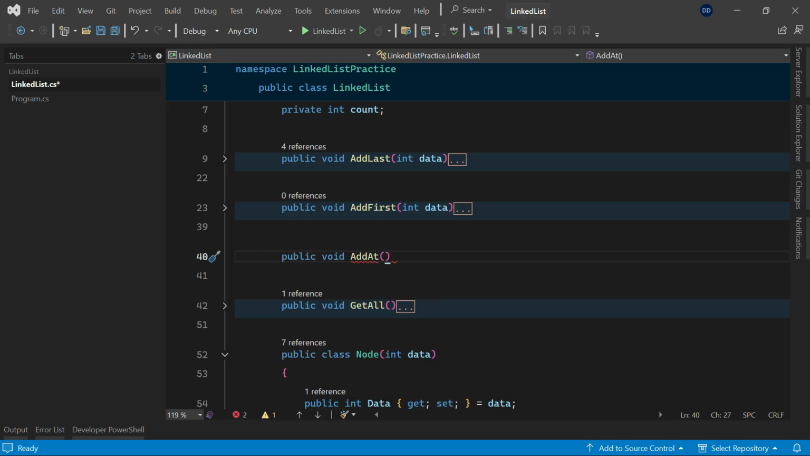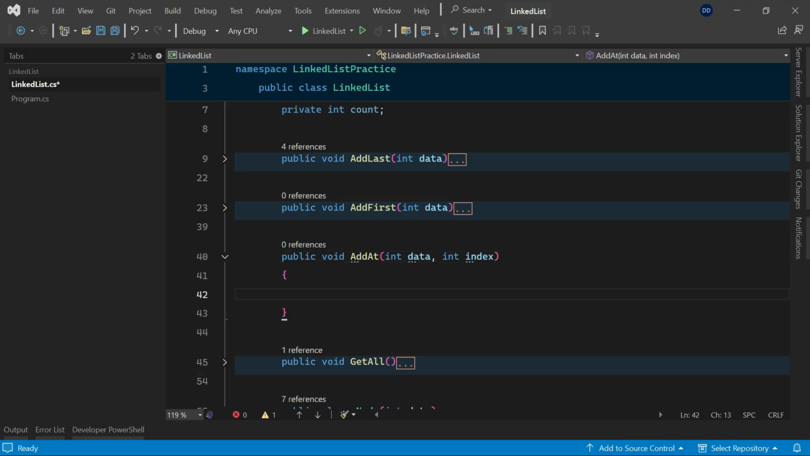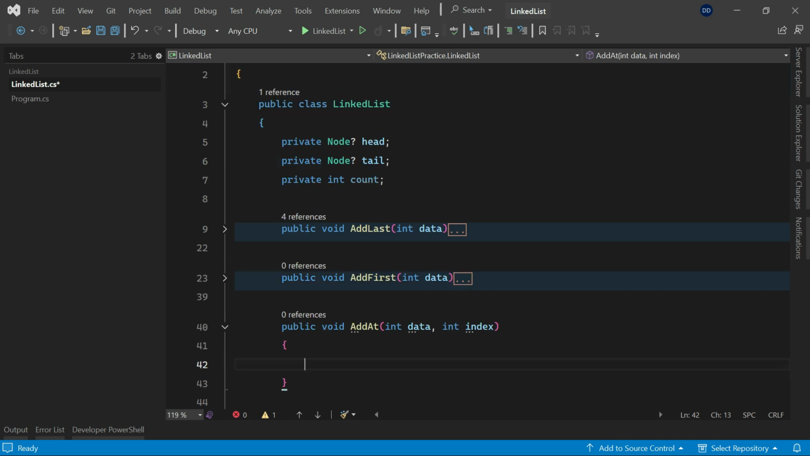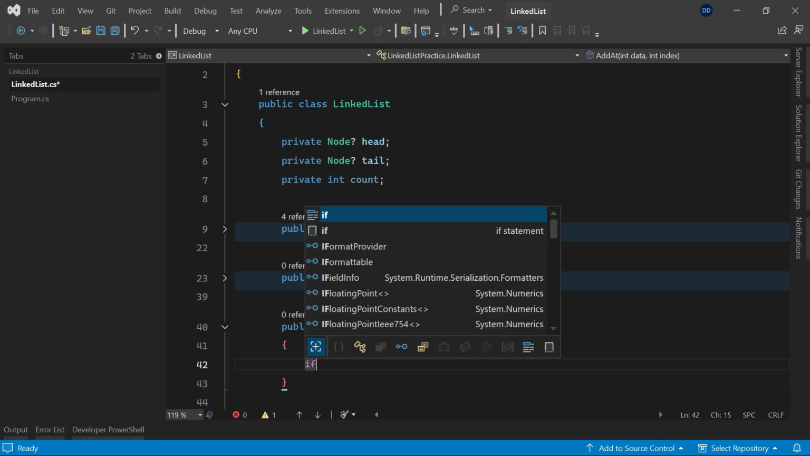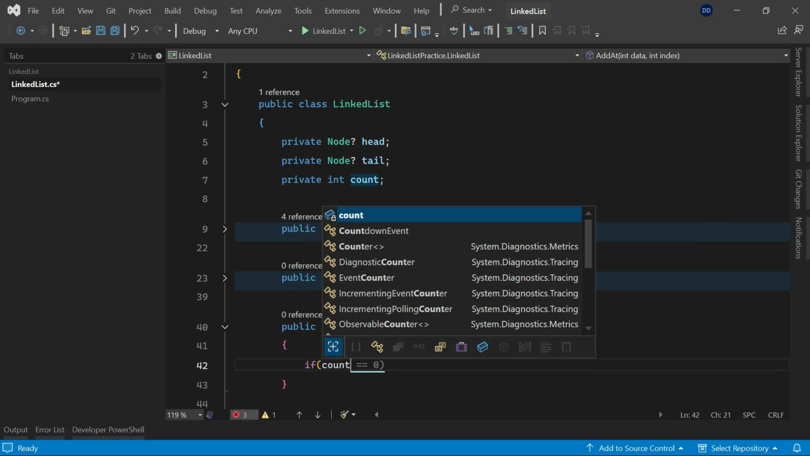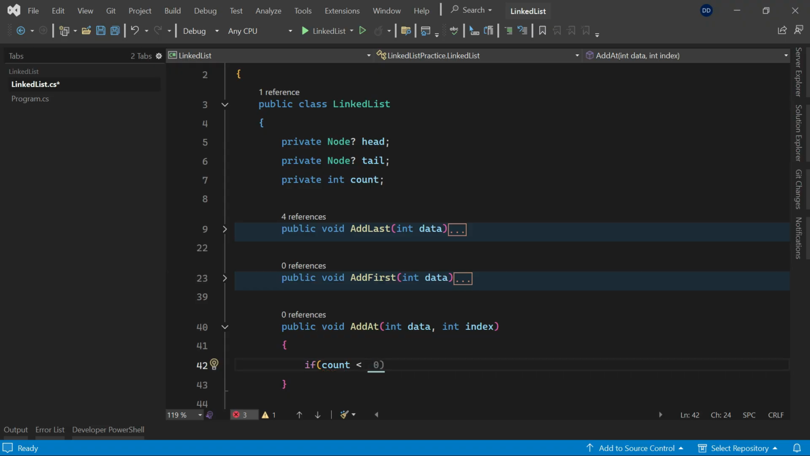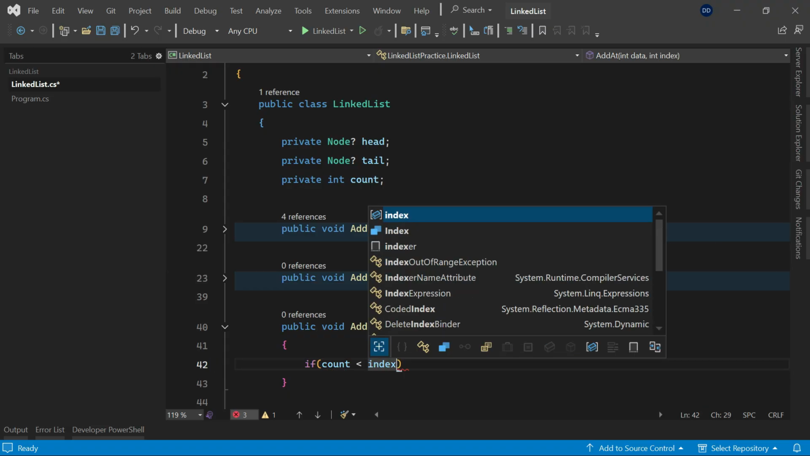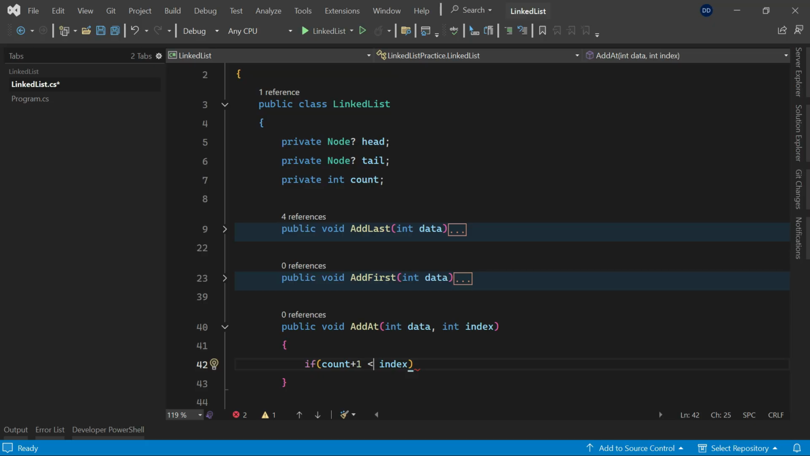So I'll write addAt. I will take the data along with the index where that user wants to add his element. This is the scenario where you need to check some additional edge cases. The first scenario is where there is no element. Our list is completely empty and the user is asking us to store an element at the second position. Is that possible? No, right? So to handle that scenario, first we will check whatever count we are having. If that count plus 1 is less than index,